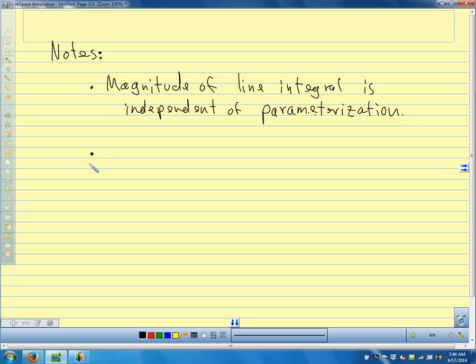For a vector line integral, the orientation of the curve can affect the sign of the line integral, either positive or negative. So it's going to affect the sign of the line integral of f dot dr